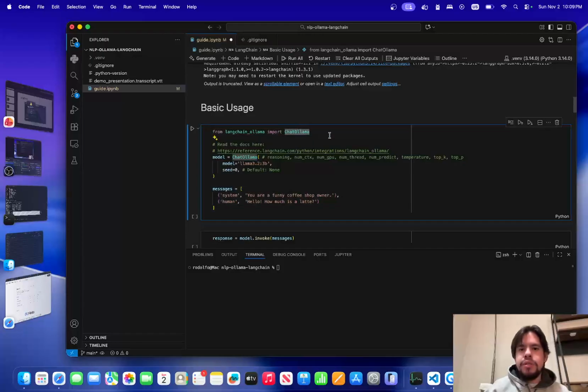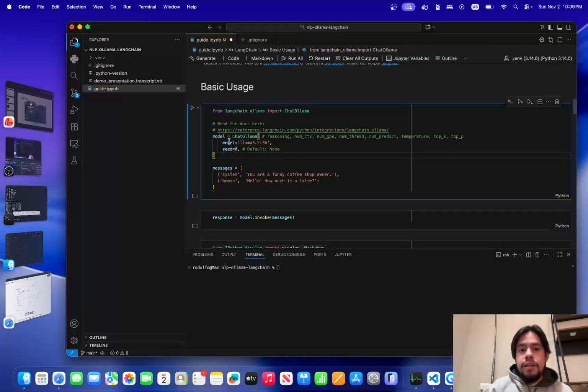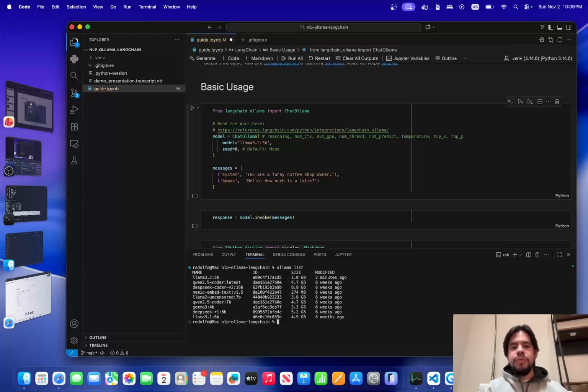So I am importing the ChatOllama object from the LangChain Ollama package. And first I just want to create an LLM or model object so that I can interact with it. Here I have to specify the model that I want, and again for this you have to make sure that you have it downloaded. So if I run ollama list in my terminal, it has to be one of these models. In this case I'm running Llama 3.2 and the 3 billion parameters model. You can select another one. Let's say for example I want Gemma 3, the 4 billion parameters. So I'll update this right here,